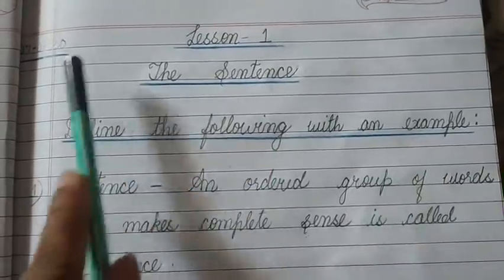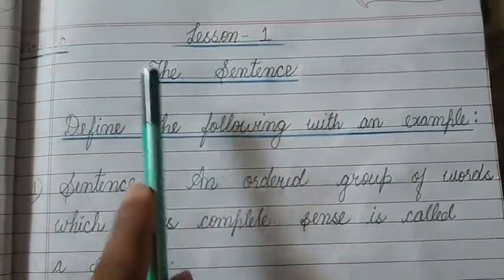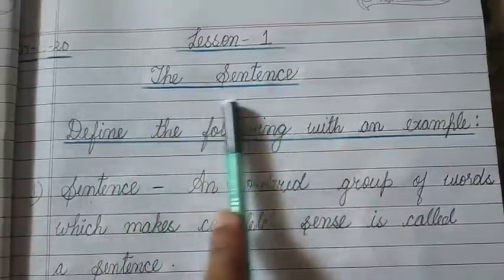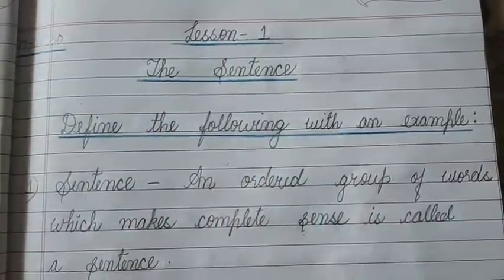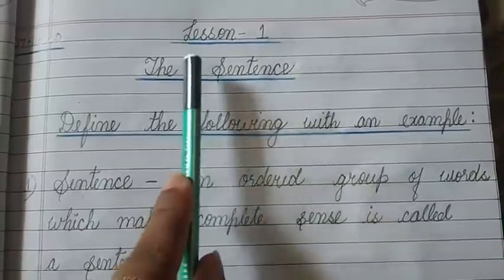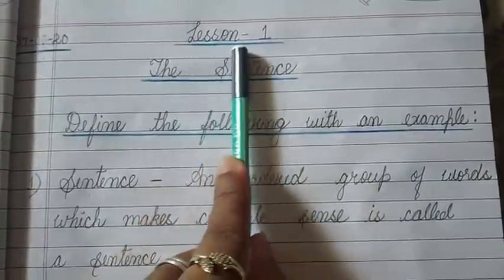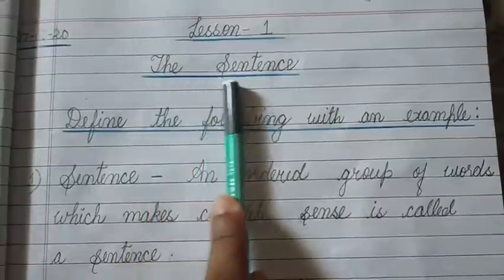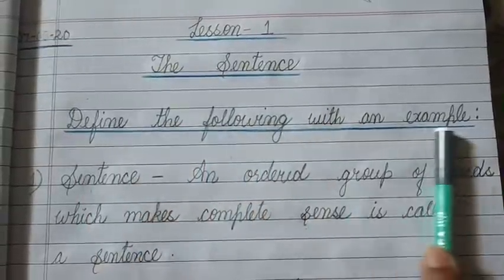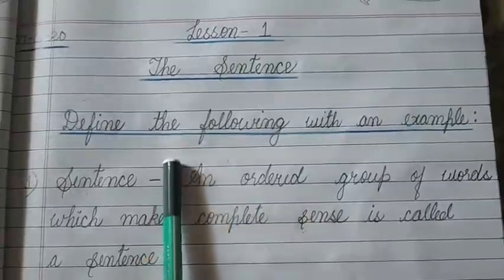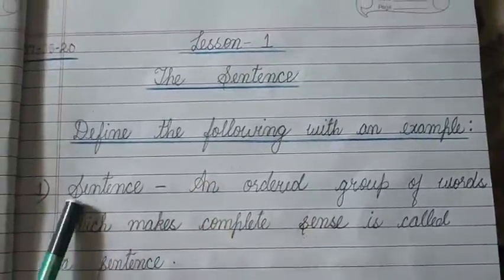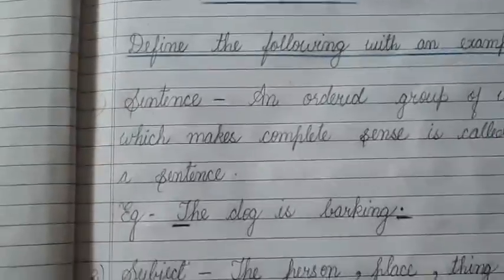Then after writing these three headings, you will underline them with blue pencil color. Use your blue pencil color. Please don't use crayon colors. You can use pencil colors. And use your ruler for drawing lines. Got it? Now, after leaving two lines again, you will start with the very first definition, that is the sentence.